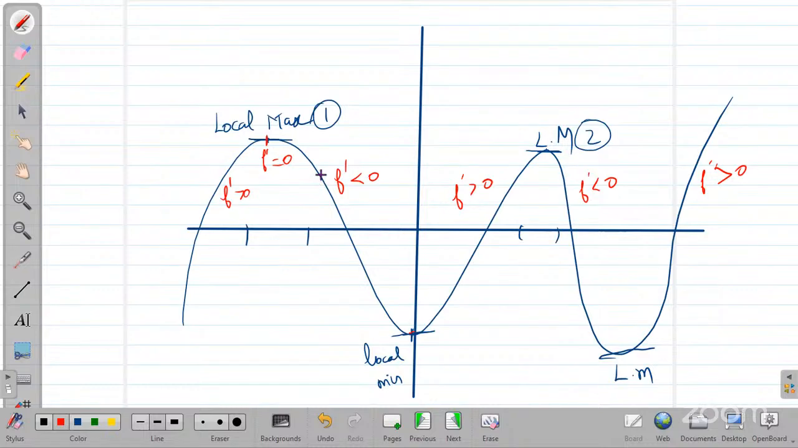Now at this point, you see that f dash equals 0 at all the points where it is changing. Where this function is changing, so wherever the function changes from increasing to decreasing, like here, or decreasing to increasing, like here. So at that particular point,